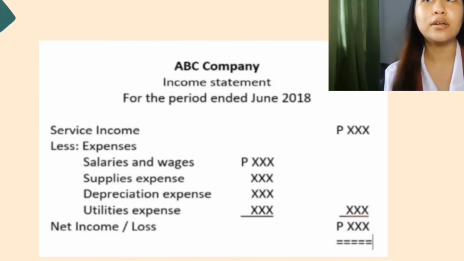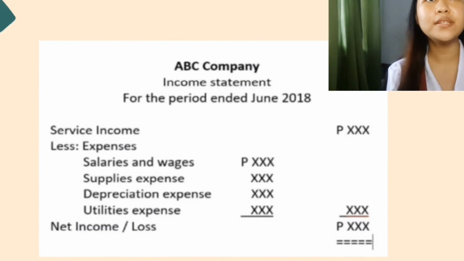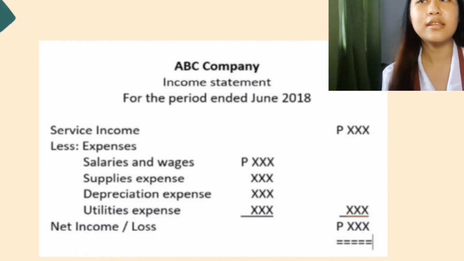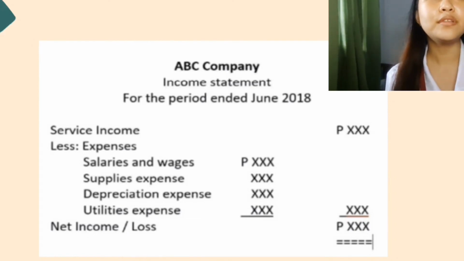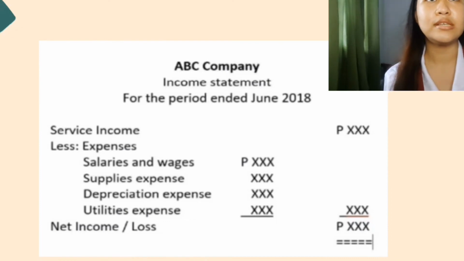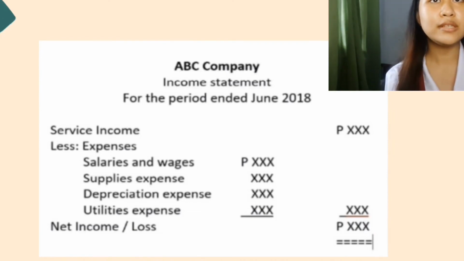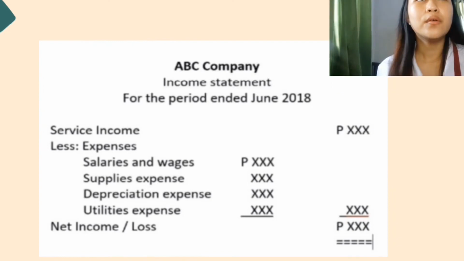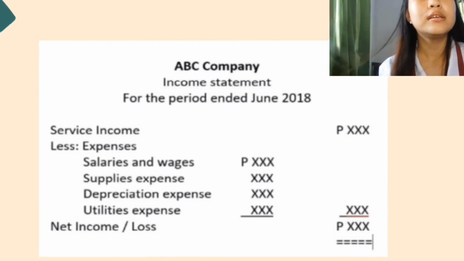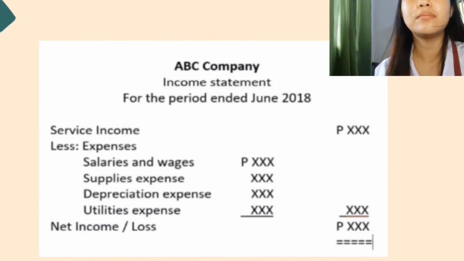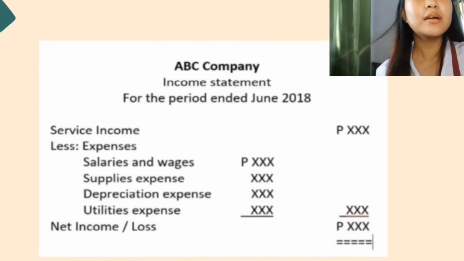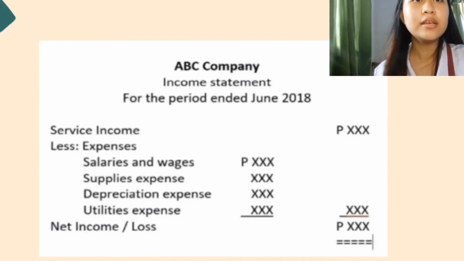The heading consists of the name of the company, which is the ABC company. The next is the name of the financial statement, which is the income statement, and the date or period covered. So this is for the period ended June 2018. Okay, next heading is the major parts of the income statement, which consist of income or revenues, expenses, net income